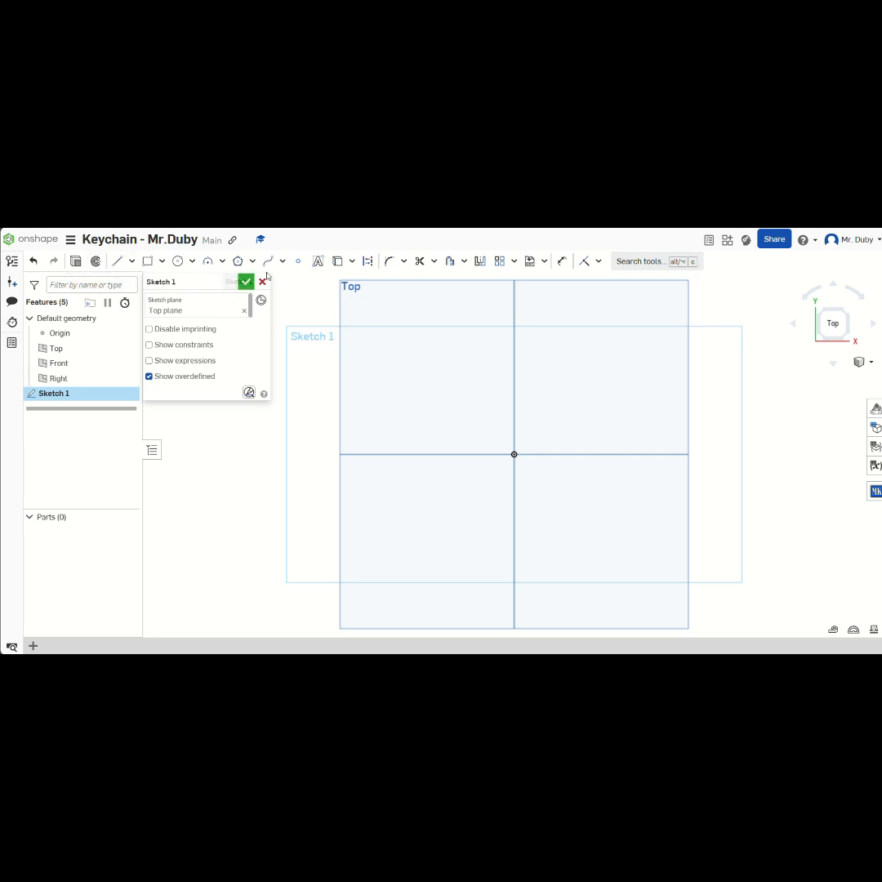Now you'll notice the tools have changed, and we're going to start with a rectangle. So we're going to select our corner rectangle. Starting in the center origin, we're going to select and drag up to the top right. It doesn't have to be quite perfect yet because we're going to add dimensions in a second. So once you get it roughly close to the dimensions, you're going to click,